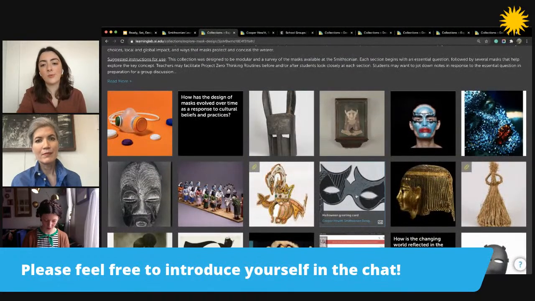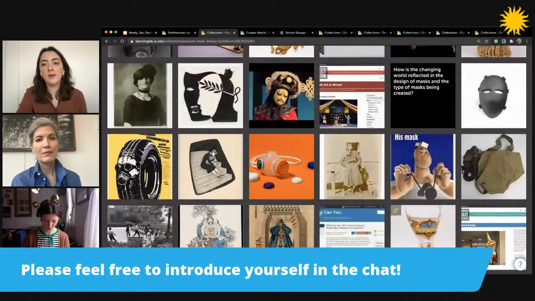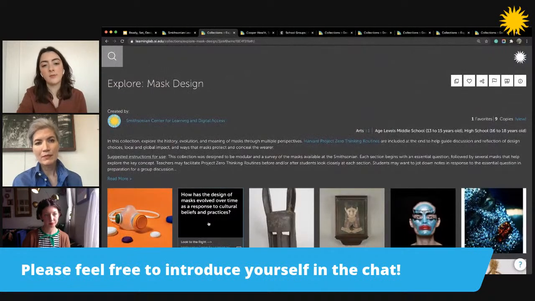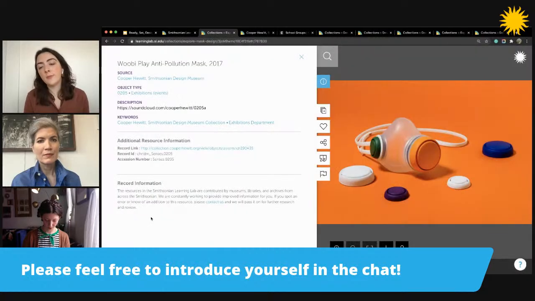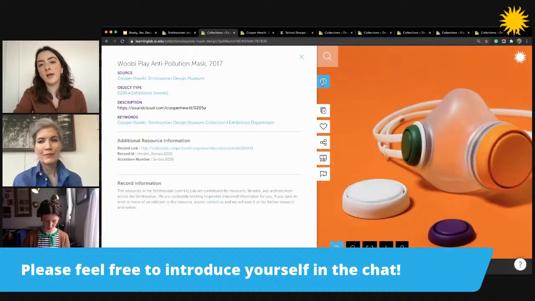Each one of these is a resource. Some of them are from the Smithsonian, some of them are from outside the Smithsonian and have been uploaded, and some of them are things that we created in building this collection and uploaded ourselves. For any of these resources, you can click on them to view them in greater detail, zoom in to see detail. And from those that are from the Smithsonian, if you click the I tab or the Information tab, here it opened automatically for me, I can learn a little bit more about what this resource is and how it